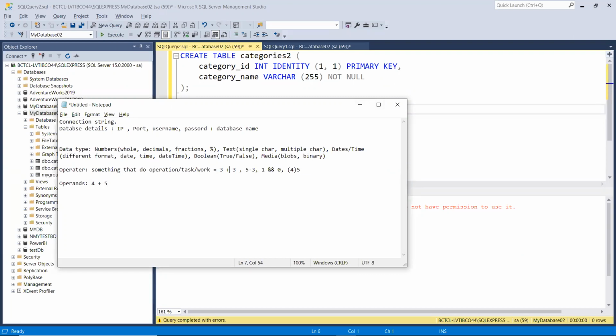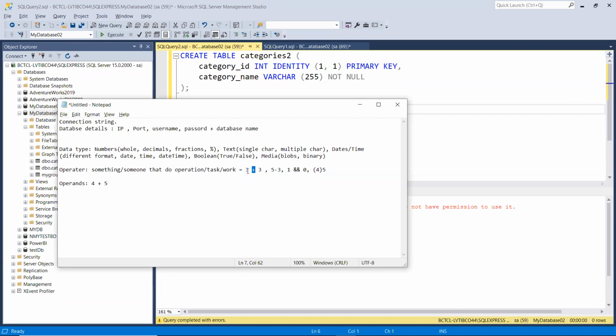So operator means something, or let's say someone, that does operation. We have crane operators, and maybe some other operators, I cannot get any name right now. Let's say we have a crane operator. What does it do? It controls the crane. Similarly, we have arithmetic operators, so they will do arithmetic operations. Types of operators we'll see after some time, but an operator is something that will perform some action.